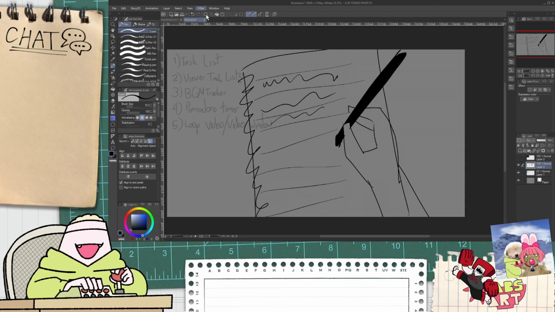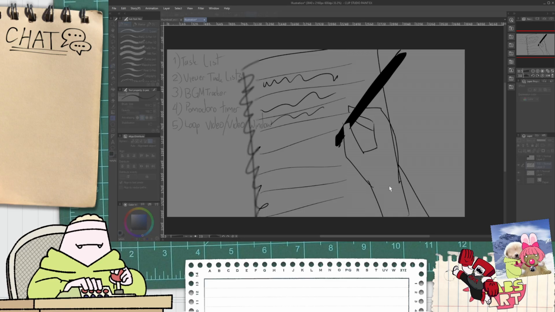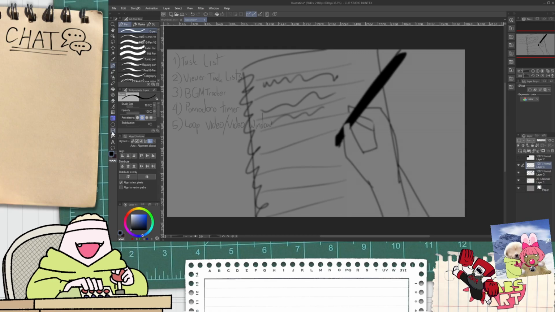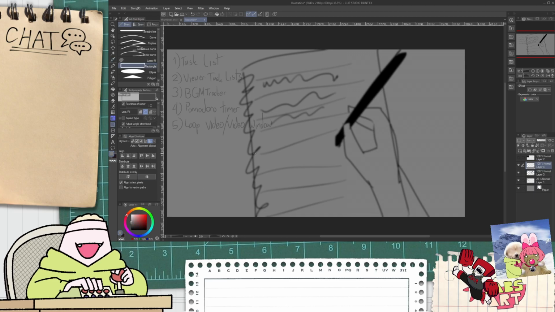However, all of this would be blurred strongly, so it would be pretty much unintelligible. That would be the main goal. Then on top of that, on another separate layer, I have an idea for how to make this work. It's gonna be really funny if it doesn't work, but it's also gonna be really funny if it does.